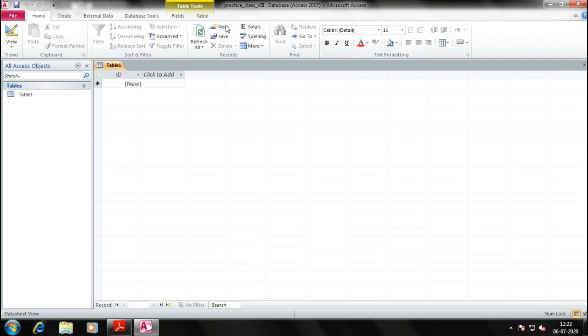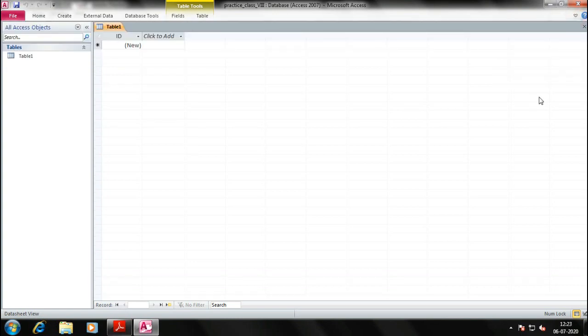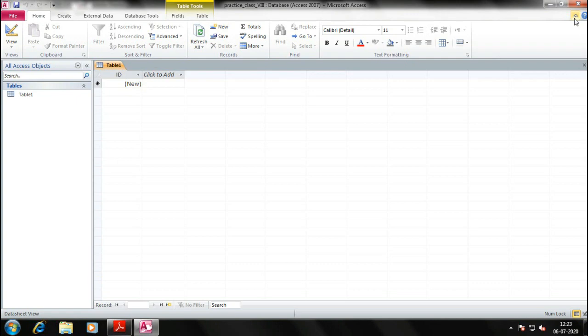This thing is a ribbon where the options are placed. Let me hide this ribbon, then you will be able to identify what a ribbon is. Okay, can you see? No, because the ribbon is hidden now. Now let me unpin it. This is called pin and unpin, right? Like pinning a post or unpinning a post. I think you know that.